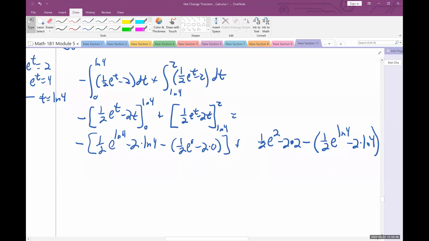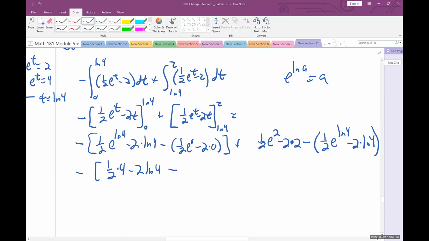Okay, well, here's the rule. If you recall this, let's be pretty direct, e to the natural log of a gives you a. They cancel, they're inverse functions. So every time we have e to the natural log of 4, that's just a 4. So we have the negative of 1/2 of 4 minus 2 natural log of 4